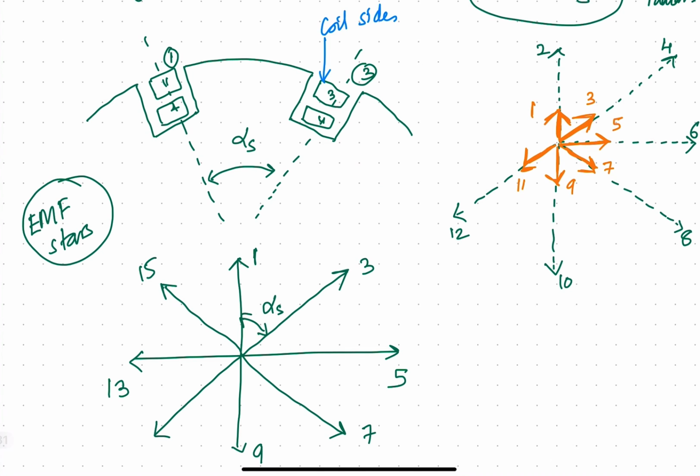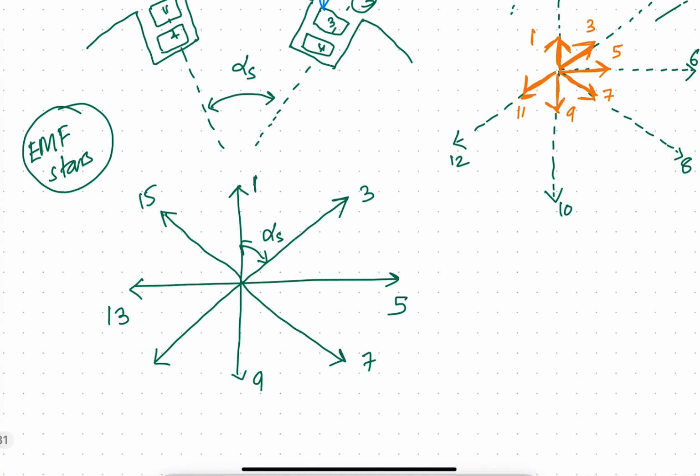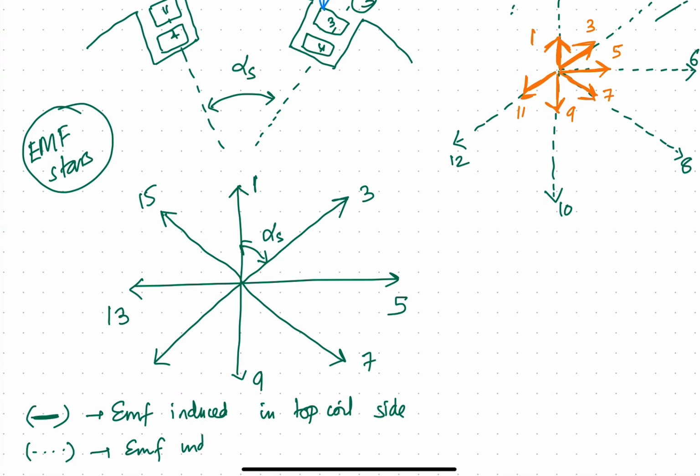which are represented by these dotted values here, 2, 4, 6, 8, 10 and 12, these are the EMFs induced in the bottom coil sides. So I'll write here, this firm line indicates EMF induced in top coil side, and the dotted indicates the EMF induced in bottom coil side. Okay,